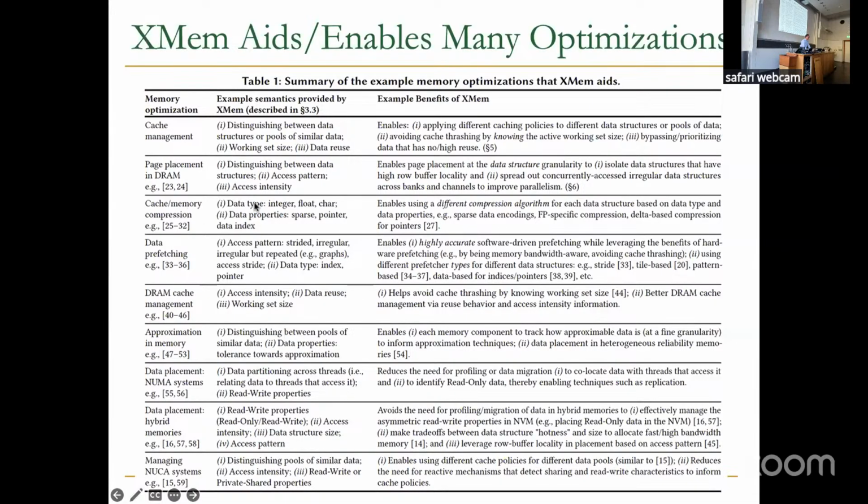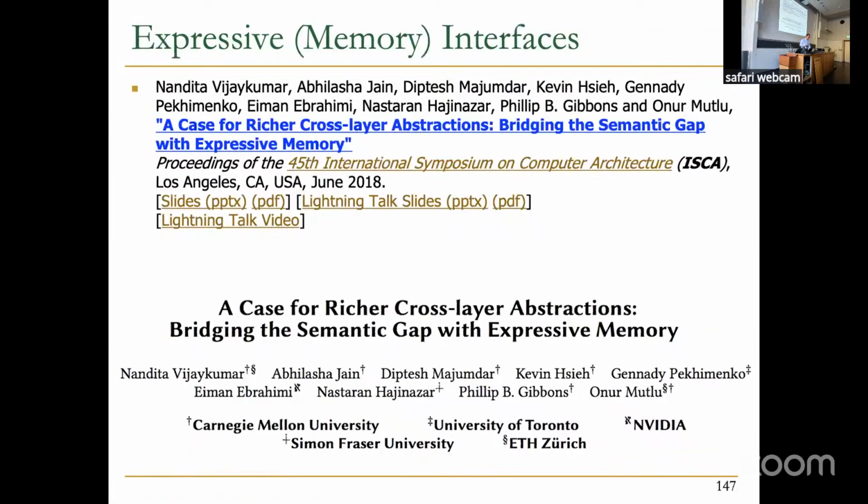For example, if you know the data types and data properties, if your data type is an integer, float, character, and your data properties, you have sparse data with some sort of sparsity, pointers, indices, you can use different compression algorithms for different types of data. Okay, it's good to think about it. This paper has some specific examples that I'm not going to talk about, but this sort of thinking is very